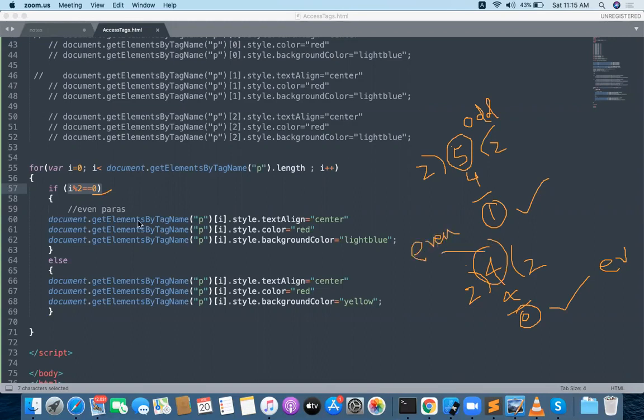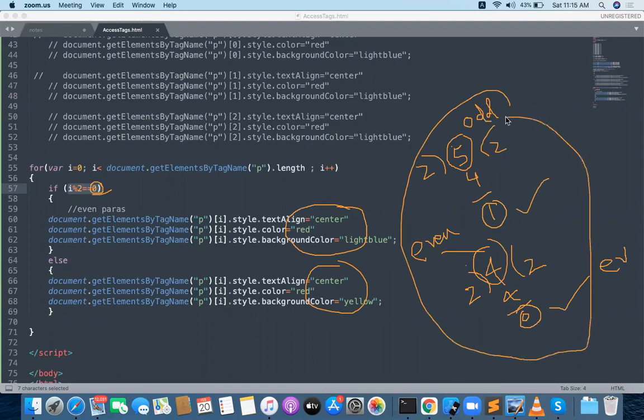So in this manner, you have to check it. i percent 2 equal to 0 means whenever you take the remainder and the value is 0, then it is an even number. For even number paragraphs, go with light blue. And all other paragraphs go with yellow. Am I clear? The simple logic actually.